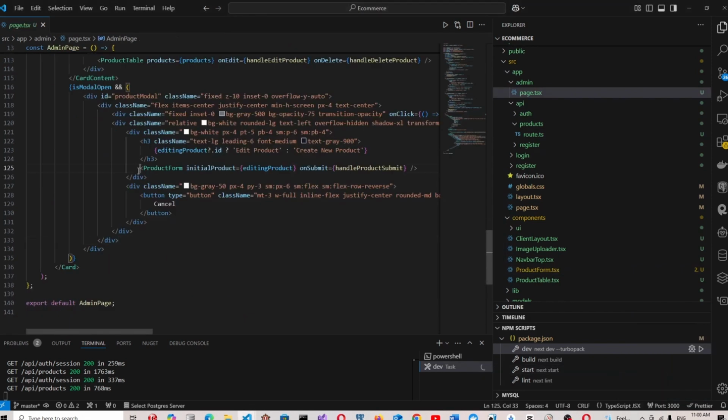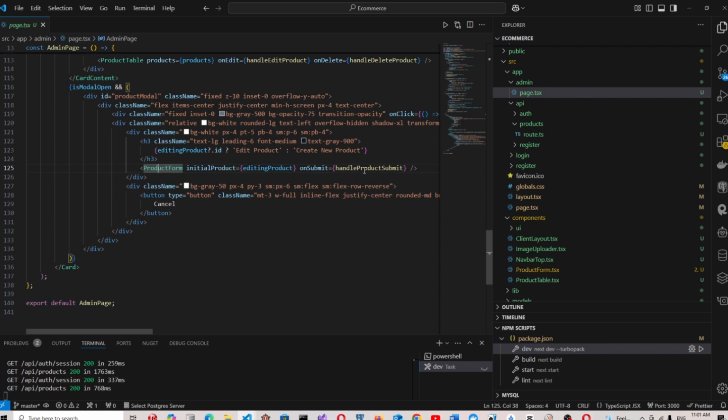Okay, so now you can see this product admin page. This parent component passes the value to its child, the product form, by props. The initialProduct is a prop which equals the parent component's editProduct state. After the child component, the product form, changes the value of the initial product, the edited product,